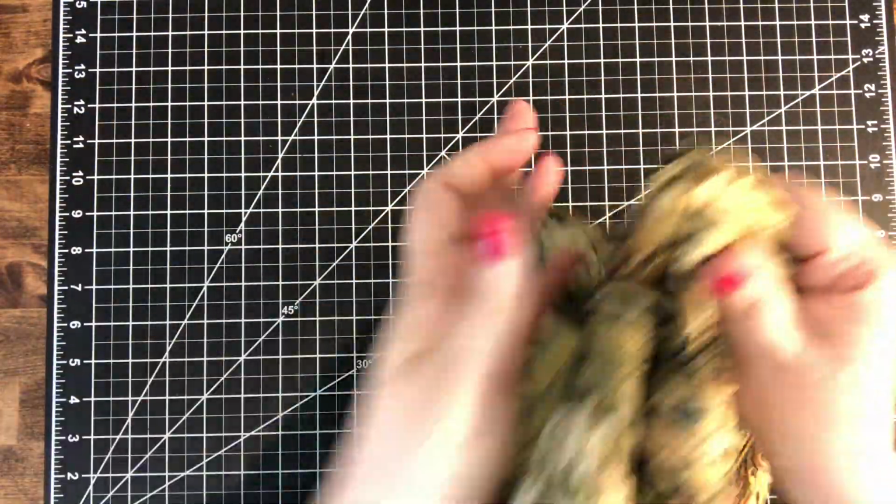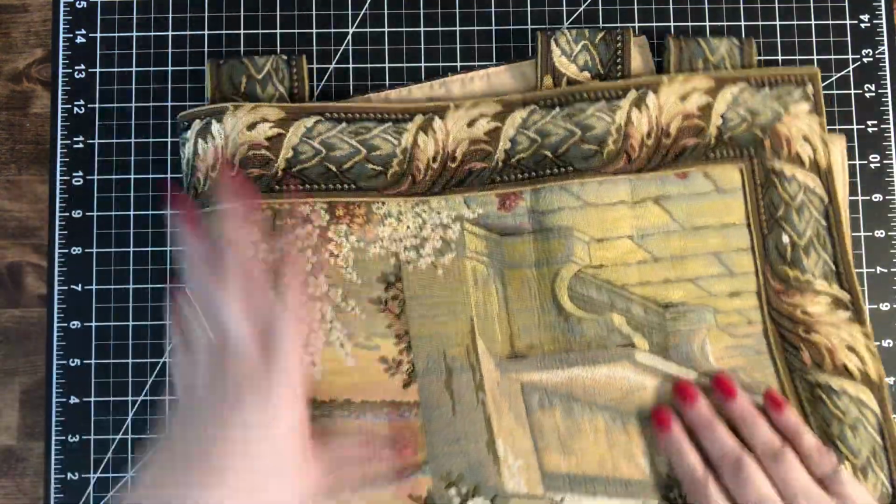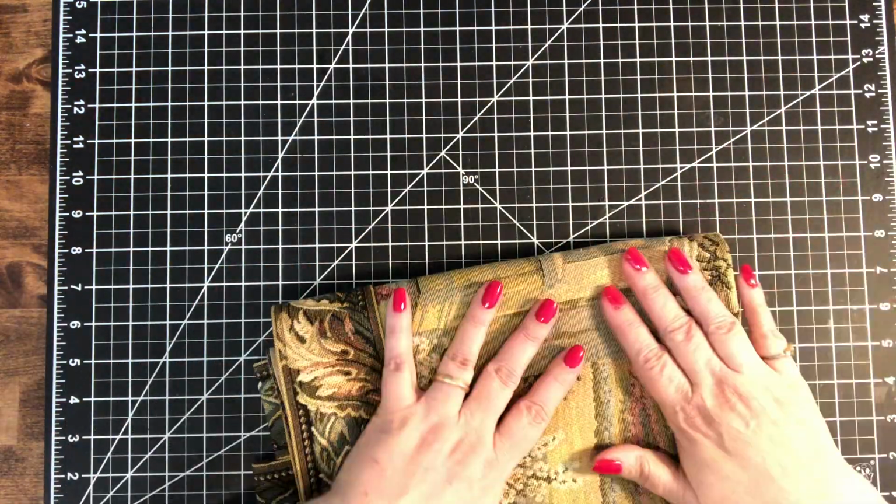It's a good size. She swears up and down she only paid $2 for it, at auction. She goes to a local auction house, and she likes to get things there, so she says she only paid $2 for it. So